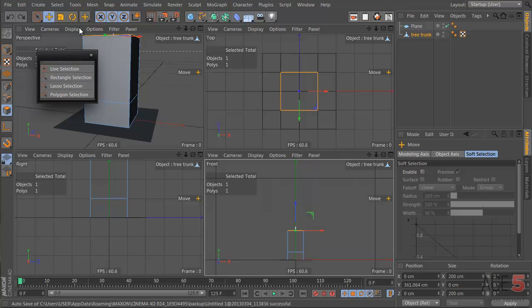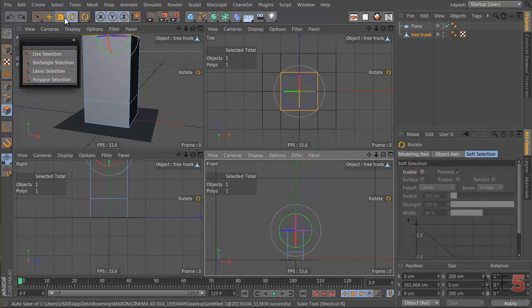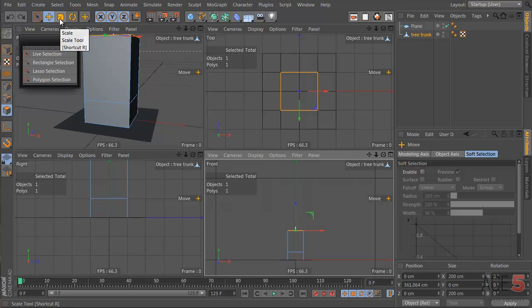If you notice me switching between the move, rotate, and scale tools, everyone has keyboard shortcuts, and I'm using keyboard shortcuts to do that. In my case, you just hold your mouse over and you'll see what the shortcut is for the tool. If there's no tooltip appearing, you can see it here at the bottom. This is a status thingy. So when you roll over, it says live selection, shortcut W, and so on and so forth. So yeah,